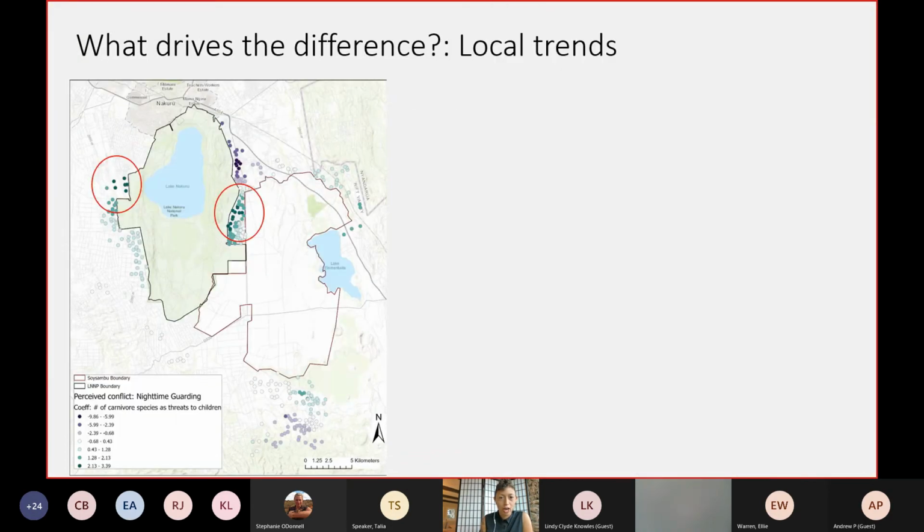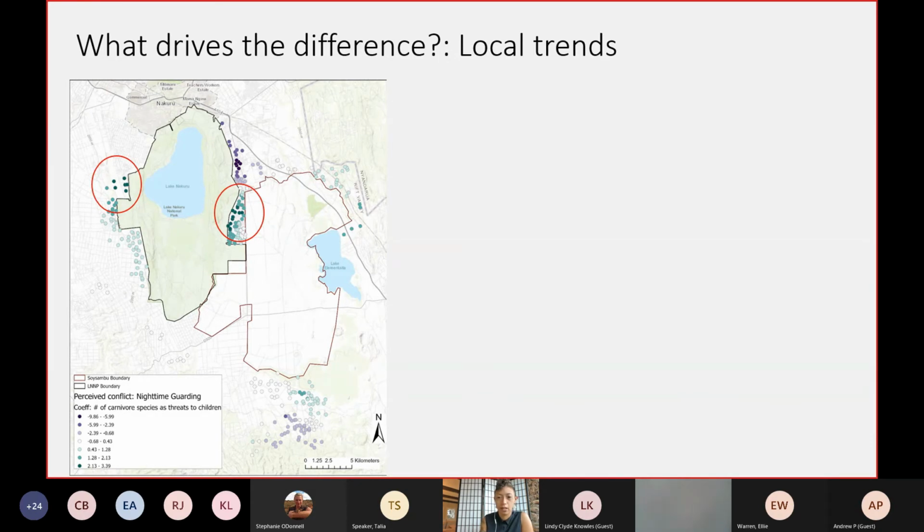But when using geographically weighted logistic regression, we saw that there were local regions where certain social perceptions and values might be influencing an excess of perceived conflict reports for people who guarded their livestock at night. So for instance, here I've circled two regions showing clusters of perceived conflict where people tend to guard their livestock at night. And these clusters are predicted by these participants' beliefs that their children face threats from carnivores while traversing